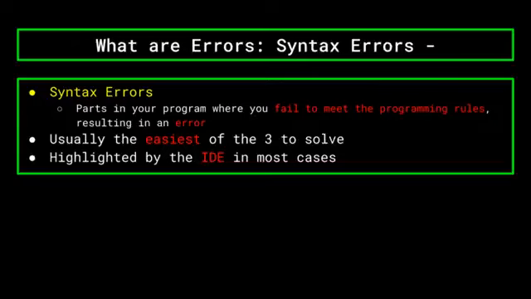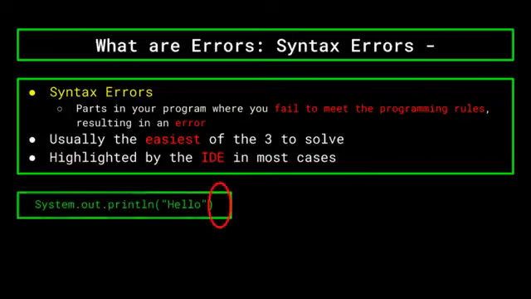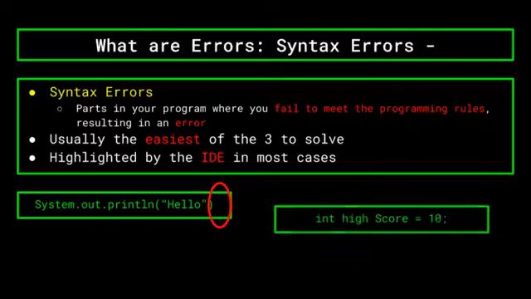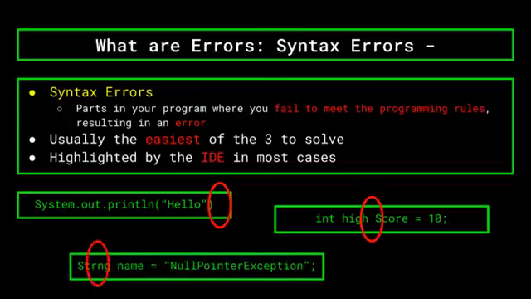If you remember back to earlier in the video when we talked about syntax and programming rules, we said that if you were to break the programming rules, or syntax, it would result in an error. Well, that's what syntax errors are. Parts in your program where you fail to meet the programming rules, and so the computer doesn't know how to interpret your code. This can be anything from forgetting a semicolon at the end of a statement in Java, accidentally defining a variable with 2 words instead of 1, or even just misspelling the word string when you're trying to